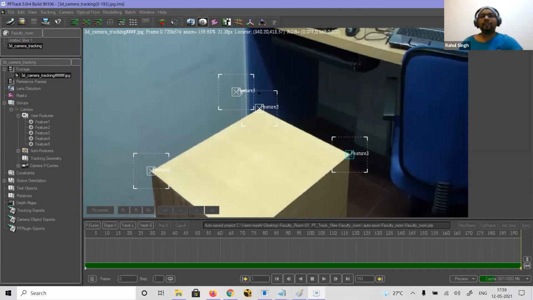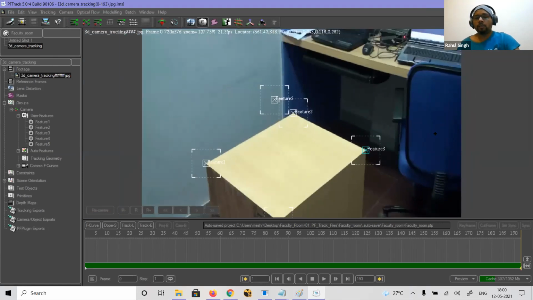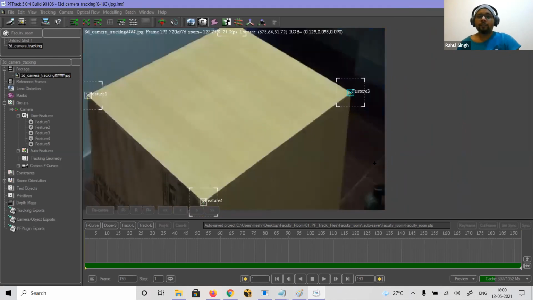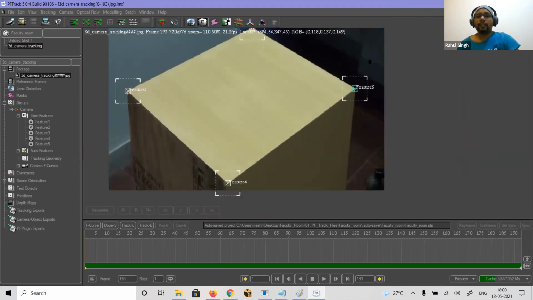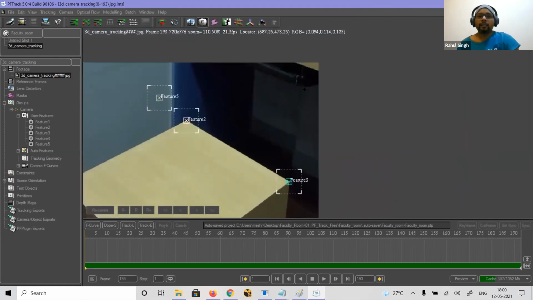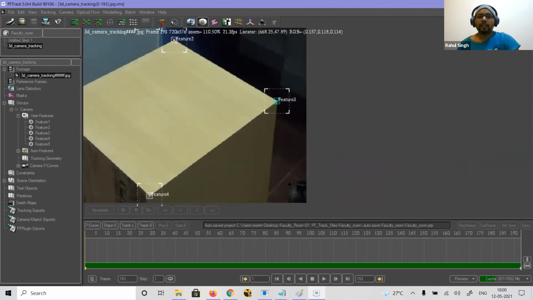Okay, now my 5 points are there. I can go and try to solve the camera, but 100% I'll not get it because 5 manual track points is not very good. I want at least 7 to 8 track points minimum to help the auto track solve the camera. So I need at least 2 more points, from start to end, not only in the middle. So let's see. I'll go to the last frame. I'll start from the last frame because in this area I cannot see all the points. So in the last frame I can see only something here and something here.